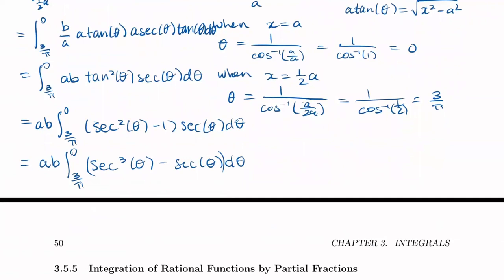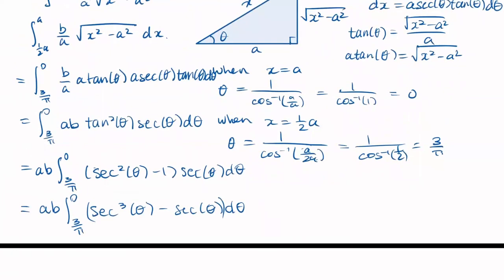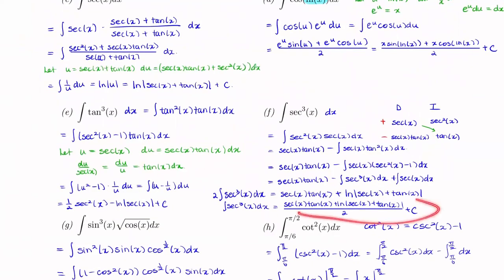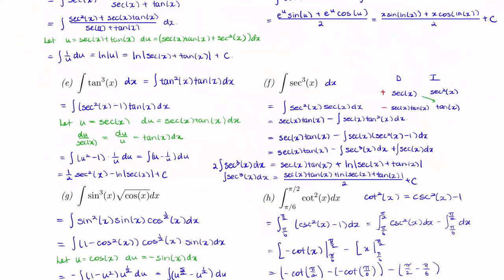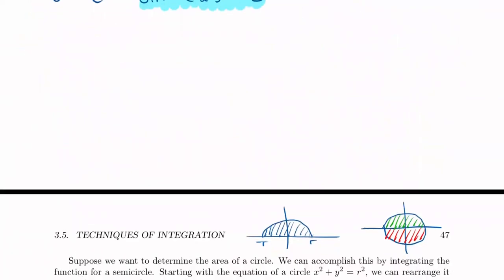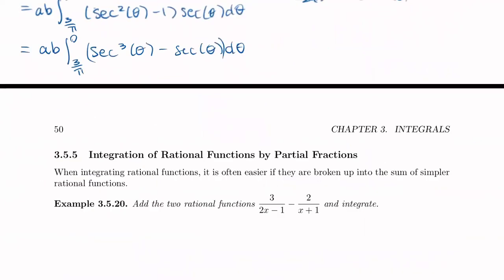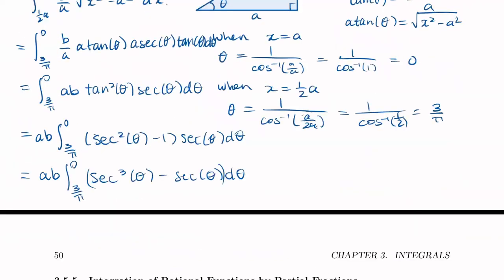So secant cubed theta we computed, which turned out to be this entire integral here. So I'll actually just copy that. So that's going to be secant theta tan theta, so that is equal to ab